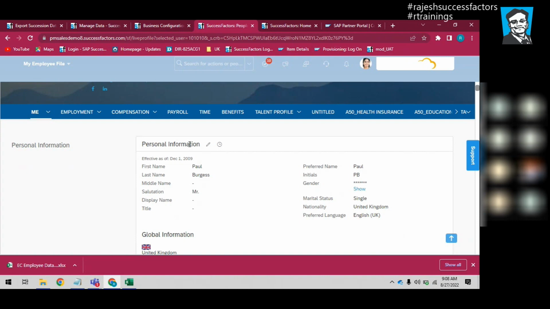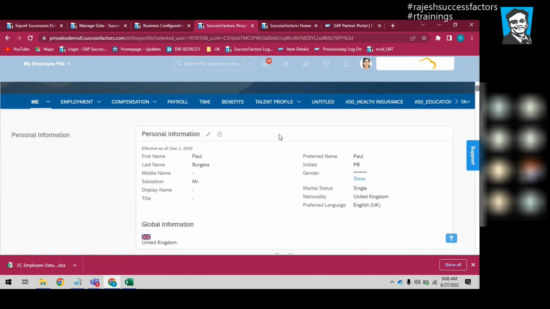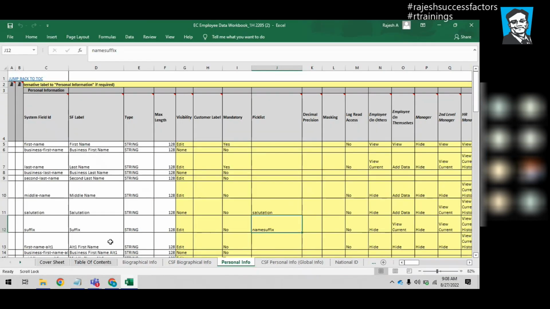Now, to run the workshop, first we will tell them, after configuring the SuccessFactors personal information system, you will get a screen like this. Now what they will do is they will analyze the existing fields. They will see the first name, last name, preferred language, nationality, gender, preferred name. So these are there, but we want a few more fields. Let me tell you